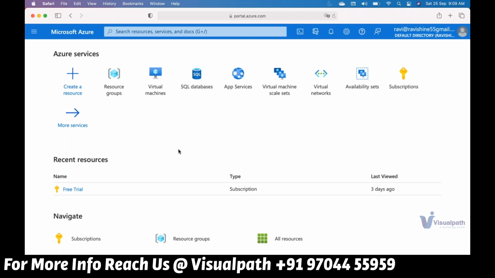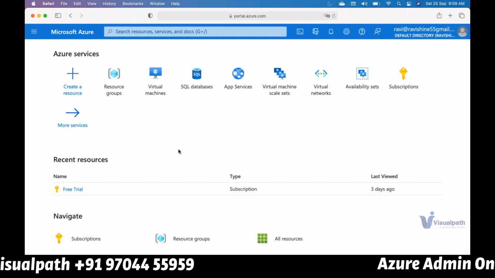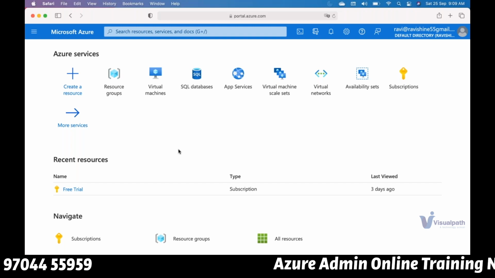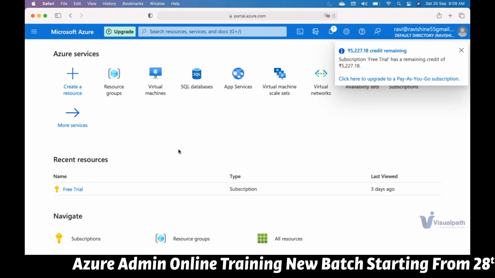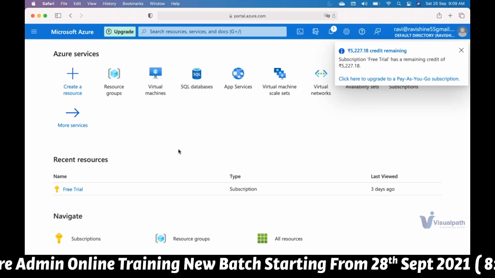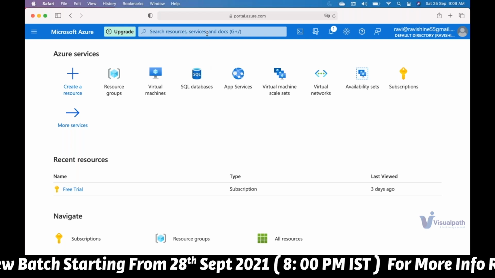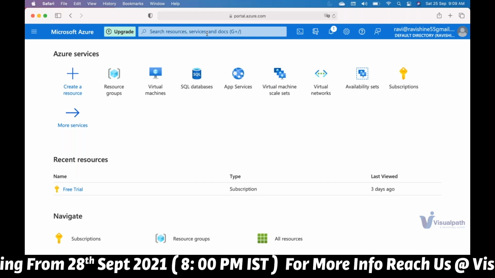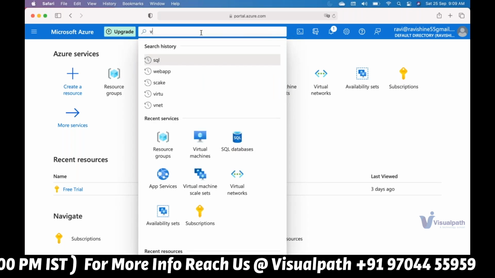Okay. So now my requirement is I need a Windows Server 2012 R2 or whatever OS you want, with some hardware specification like 2-core CPU and 8 GB RAM, and some amount of storage space. So let me see how we can create it. This is what you will be doing in real time, and our lab will also be running in the same way. So here I'll search for virtual machine.